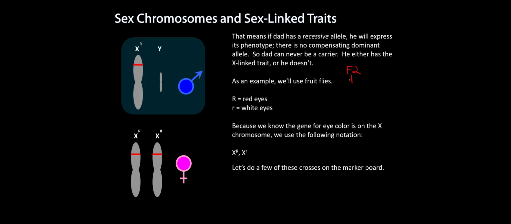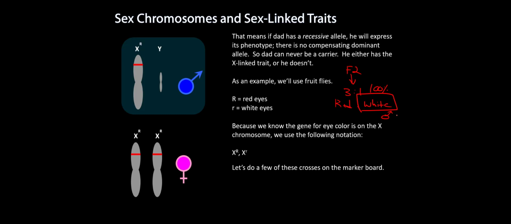Okay, the F2s, again, just like Mendel, gave us a 3-to-1 ratio of the red to the white. Now you would think this is kind of boring and just confirms the experiment, but here's the thing. When they looked at all the white-eyed flies, they found that they were 100% male. Okay, they were 100% male, which violated Mendel's law, because when Mendel did his experiments, if he crossed, say, the